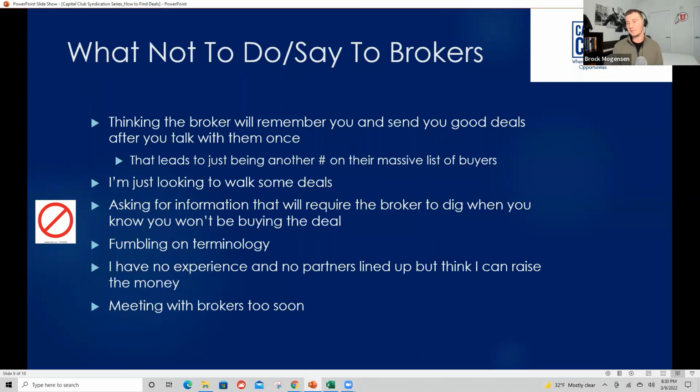And ultimately, meeting with brokers too soon. If you're really early in the process, although it's good to start, you don't want to do it too prematurely. I think that's what I did, and I probably set some of those relationships off the wrong way. You can always rebuild them, right? But I think you should wait until you're at a good point, you have a good education built up so you understand what you're doing, and you have most of your ducks in a row.